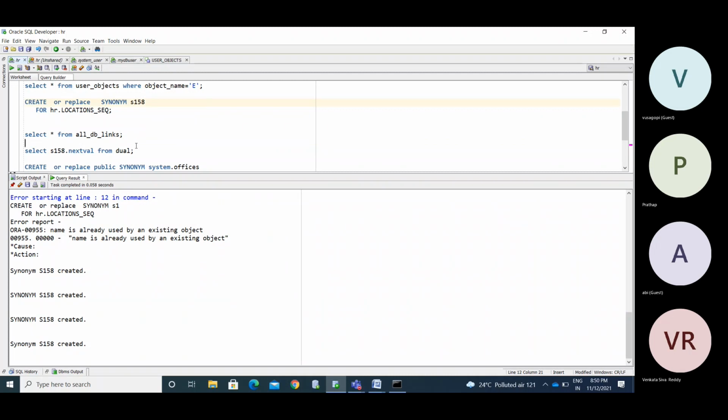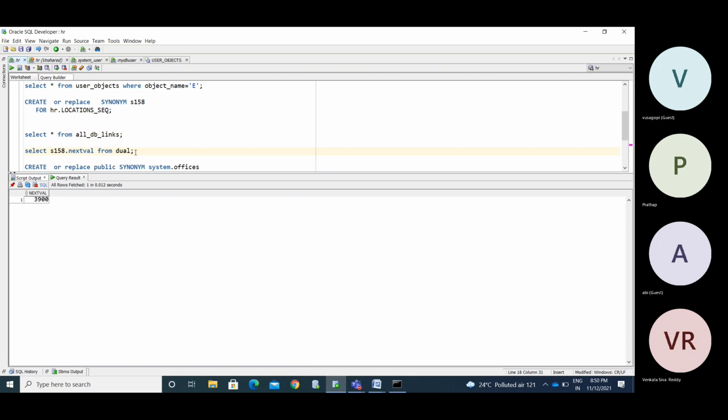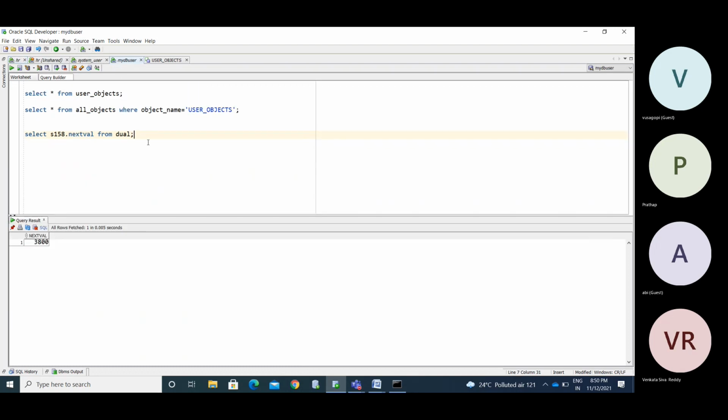Okay, now I am getting the data. You are able to call that. Now I am going to call again here. Till 10G you cannot access it. Else I am going to create with a different name.